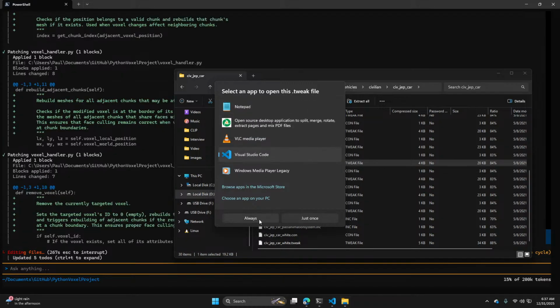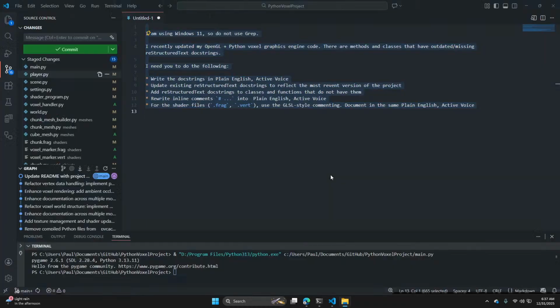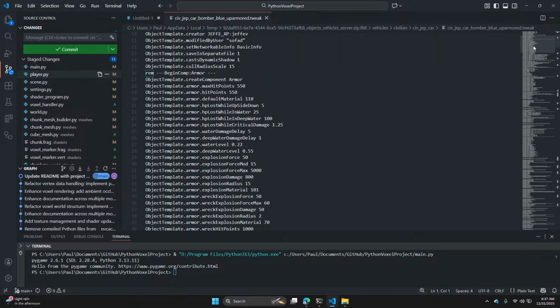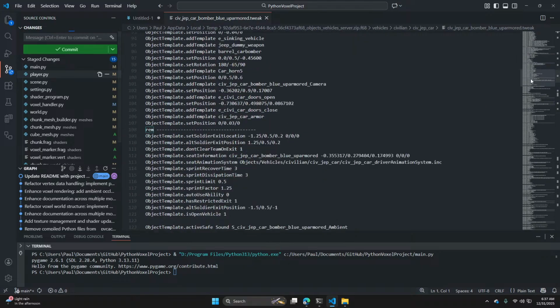Let's see. Always for these tweak files, we're gonna do, civil.